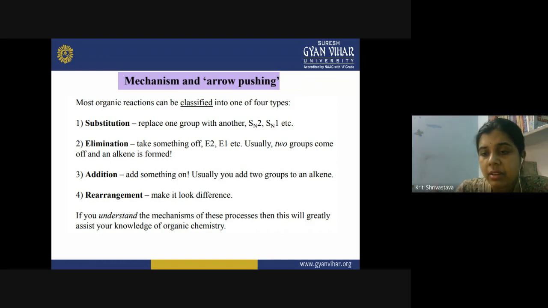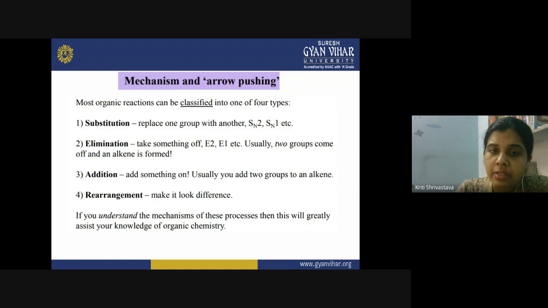Lastly, we have rearrangement reactions, and these rearrangement reactions are intramolecular reactions, right? In an intramolecular reaction, some part of the molecule is getting detached from one place and attaching itself to another atom within the same molecule. So what happens at the end is that in the product you get a rearranged molecule. So that is the rearrangement reaction, and so many rearrangement reactions are known in organic chemistry.